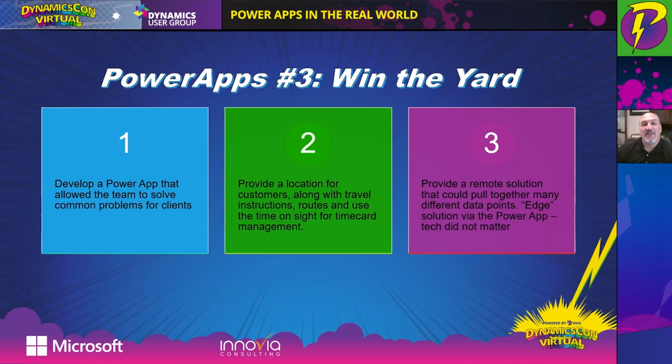Because they were actually having to fill out manual time cards every time they went on site to when they left. Now the app knows when they're on site. As soon as they arrive on site and they leave, it not only can tell you how long they spent and create the time card record, but also update the account that somebody has recently visited them. So now you're lighting up your CRM with data and elements that maybe would have been on a fax or on a paper that never got entered into your Dynamics system or your Dataverse.